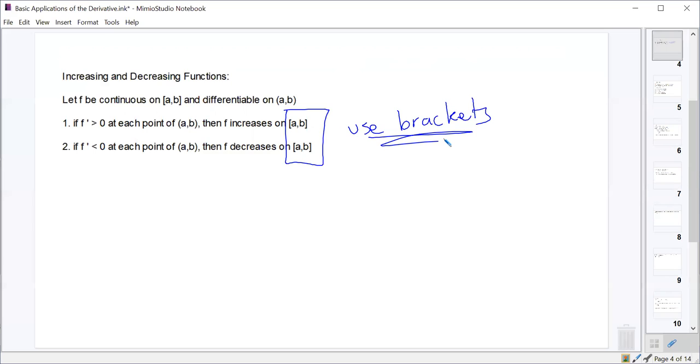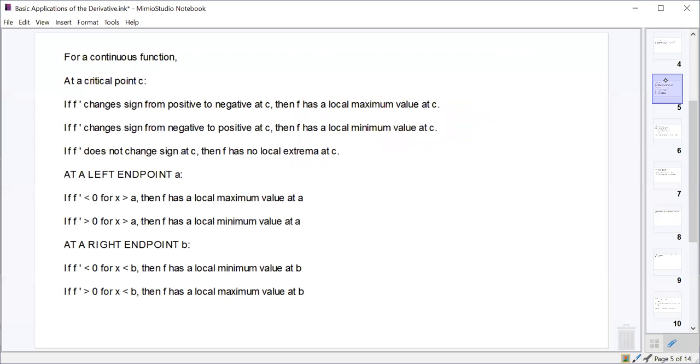Okay. So derivative is positive, function increases. Derivative is negative, function decreases. Everybody good with that? Great. Okay. If our derivative changes signs from positive to negative, that would indicate that the function goes from increasing